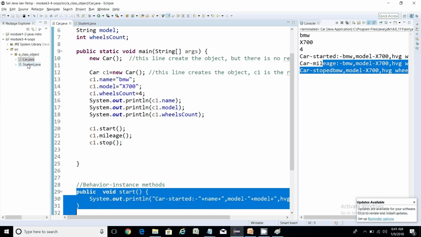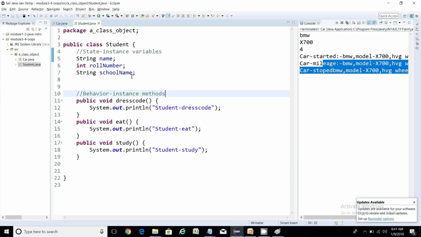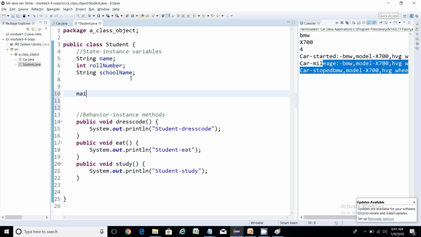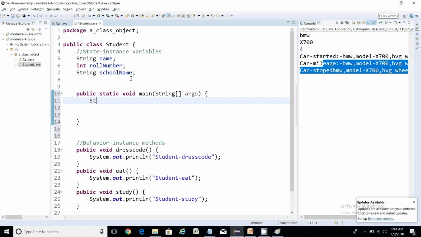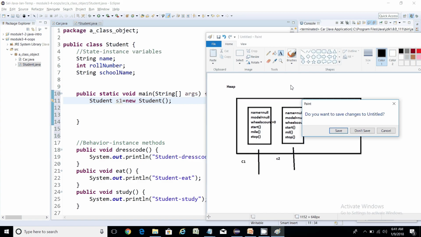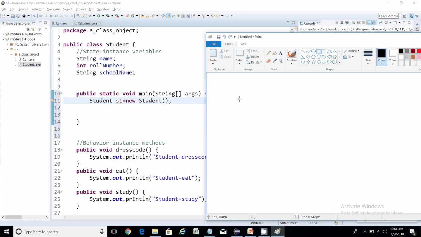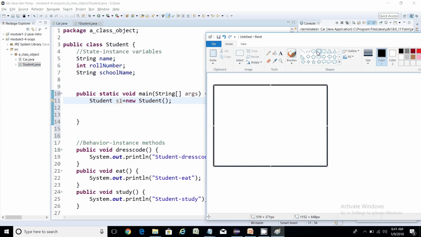Now we can do the same stuff for a student class, right? So for example, I have a main method. Okay, let's say I'm creating student s1 equals to new of student, like this. Now in this case, guys, as I said, whenever you create an object, what happens on your heap basically. So let me show you another example. So on your heap, guys, a block gets created, right? Now what is a reference here basically? So if you see, I have created a reference with the name of what, guys? S1,